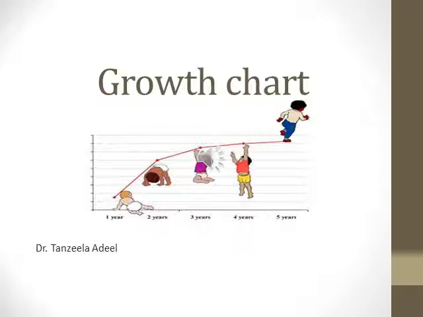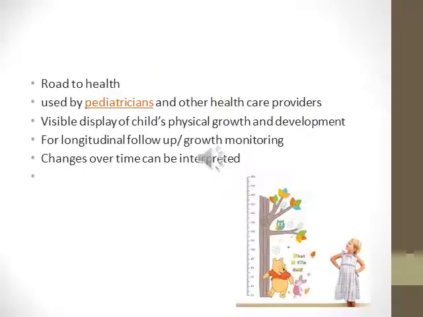What they do is that they help in understanding the growth of a child, whether he is growing according to his age. There are different physical parameters which are considered while plotting on a growth chart. These parameters are height for age, weight for age, and the body mass index. I will discuss each in detail in the later slides. Growth charts are also known as road to health, because they tell us about the track which a child's growth adopts.